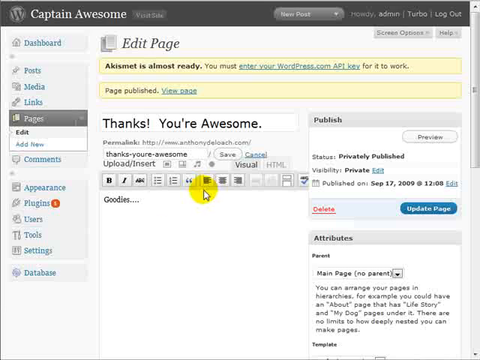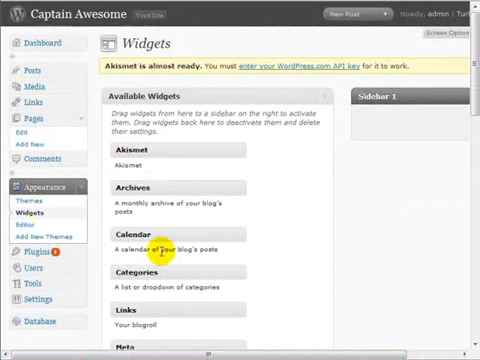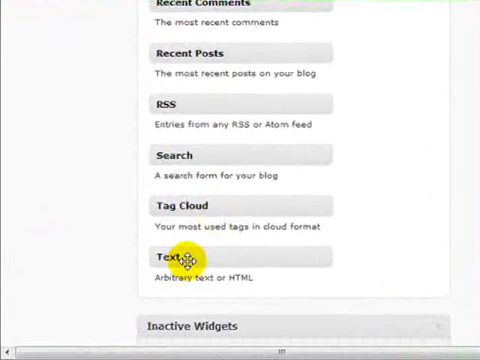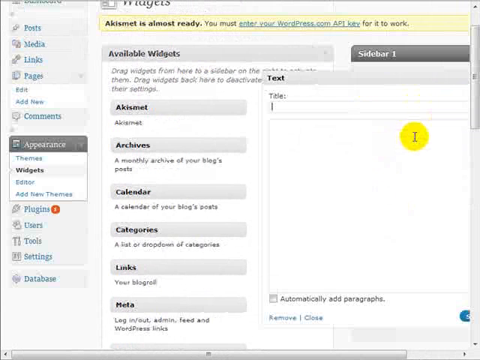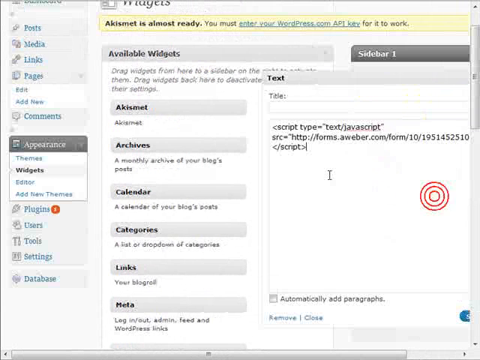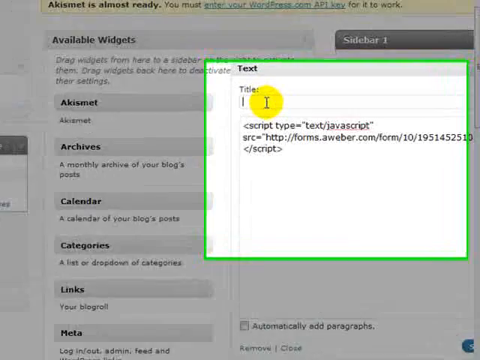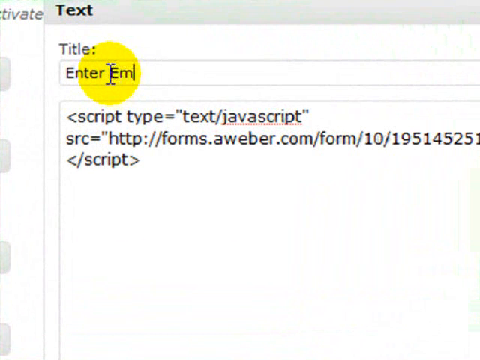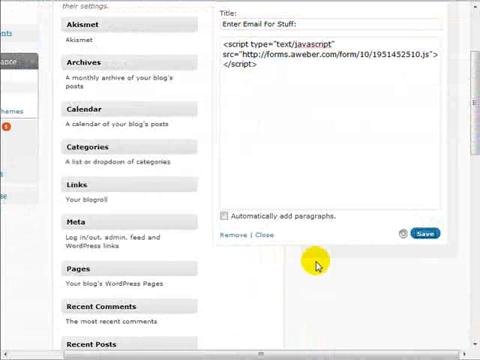Alright, so we're back on the dashboard, and we're going to go down to appearances and then click on widgets, and then scroll all the way to the bottom, and you'll see a widget called text. Drag it to the right, and we're going to paste in the JavaScript we just got from Aweber, and we can put a title on this, and it will be the headline for your opt-in. So we'll just say enter email for stuff. I wouldn't use that, but alright, save that,